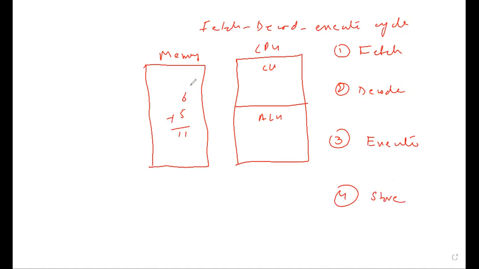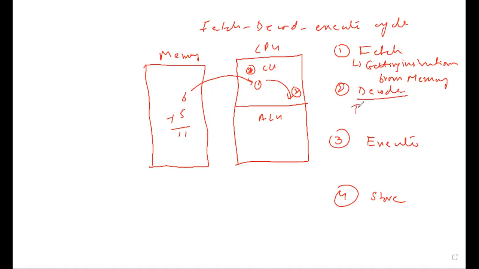Now what happened? The CPU gets an instruction from memory. This is the first stage. So you can write: getting instruction from memory is called fetch. This is the first step. Now after the first step, decode. Remember, fetch and decode are done in the CU part. It is done by CU. So decode means interpreting, telling ALU or other parts